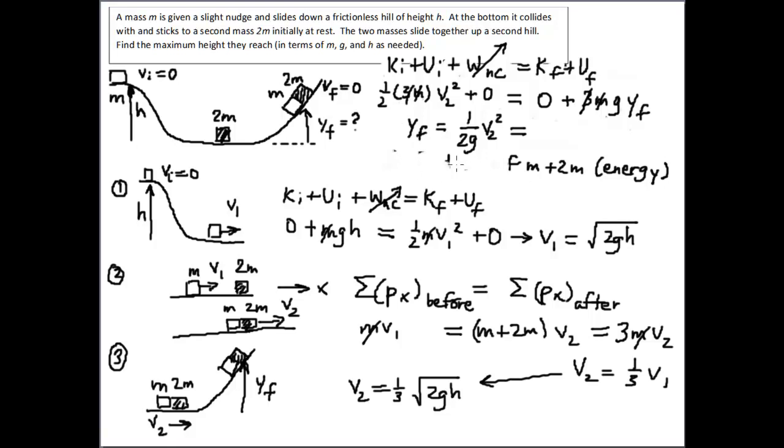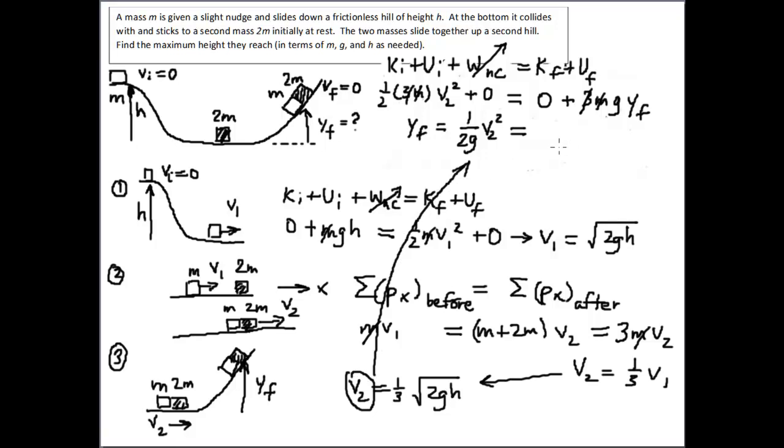And so let me go ahead and now clear out a little bit more space by erasing this part. And all I need to do to get a final answer is substitute in my result for v2 from step 2 down here. I've got it at the bottom of the page, and I need to square it and substitute it in up here. So let's see, what do I get? I'm going to take the v2 expression from down here